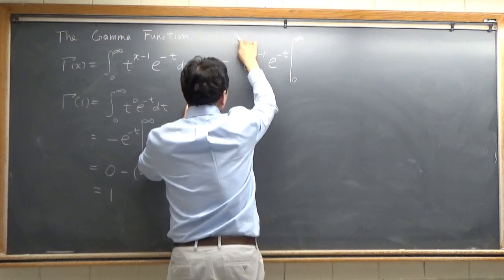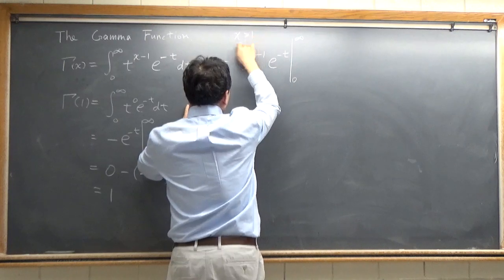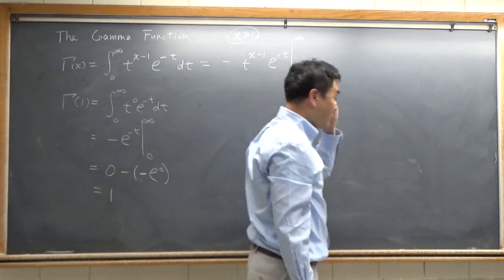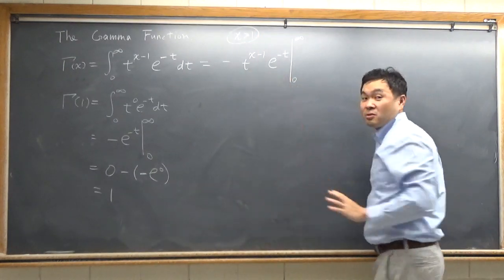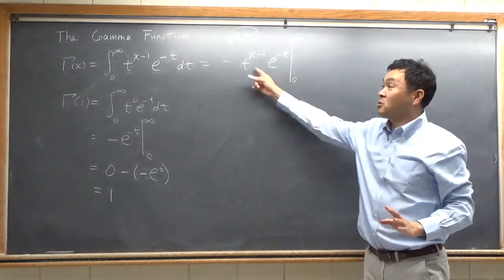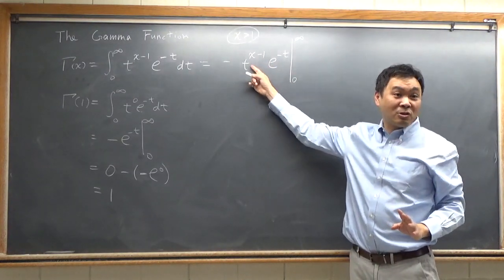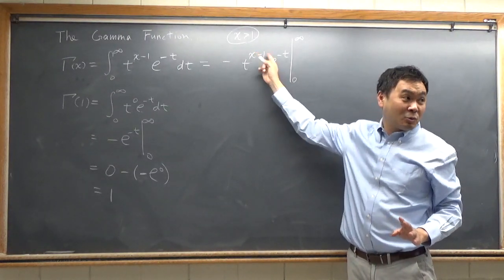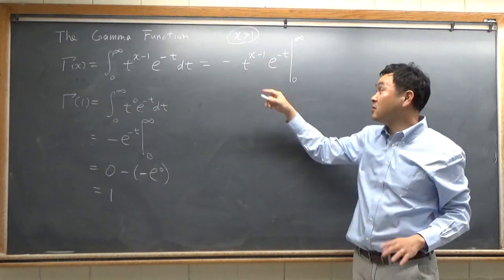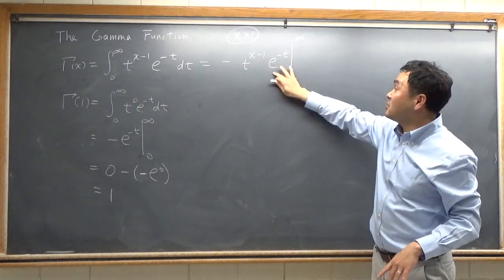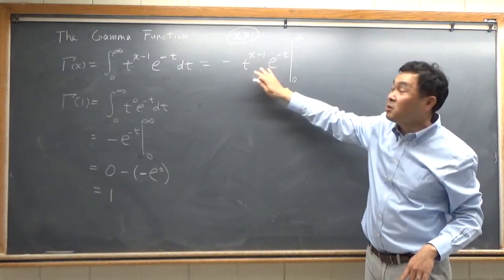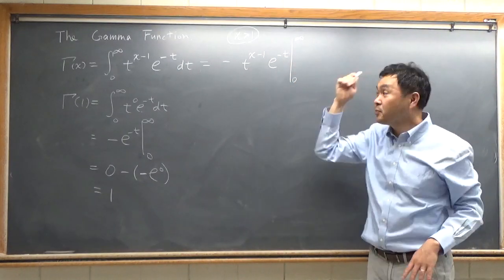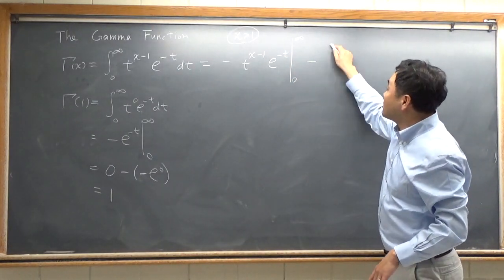And here we're going to assume that x is bigger than 1, so that when you plug in 0, it doesn't give you a singularity, but rather it will give you 0, right? If you plug in 0 here, 0 to any power, where power is bigger than 1, it will be 0. And if you plug in infinity, e to the negative infinity is 0, so this part will be just 0. Okay? And then minus of